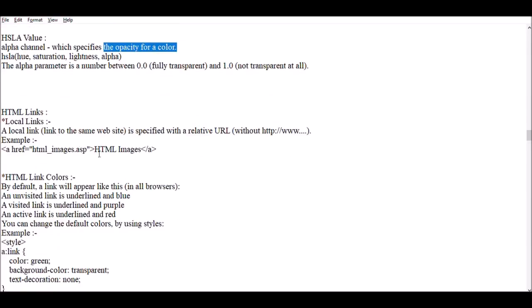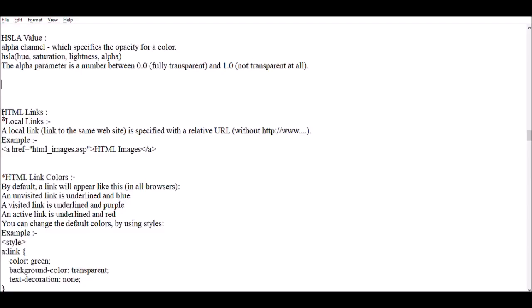Okay, fine. Now again, there are different types of links in HTML. A local link means a link to the same website. If you are adding a value inside the href, then that file should be present in the same directory or same folder.